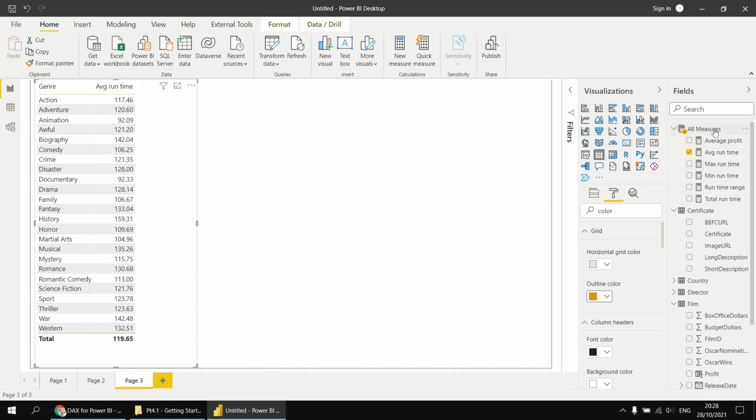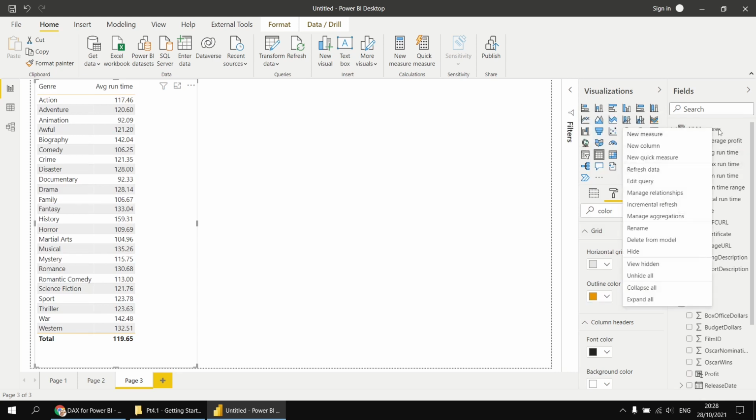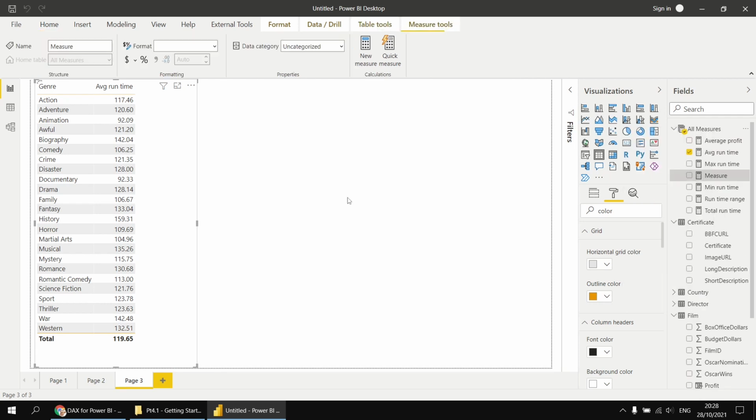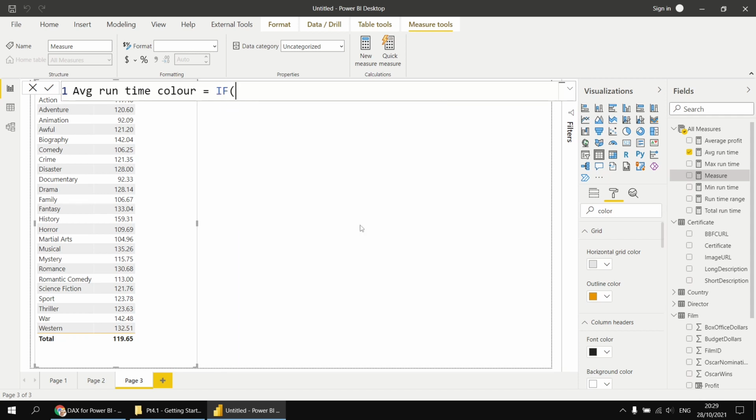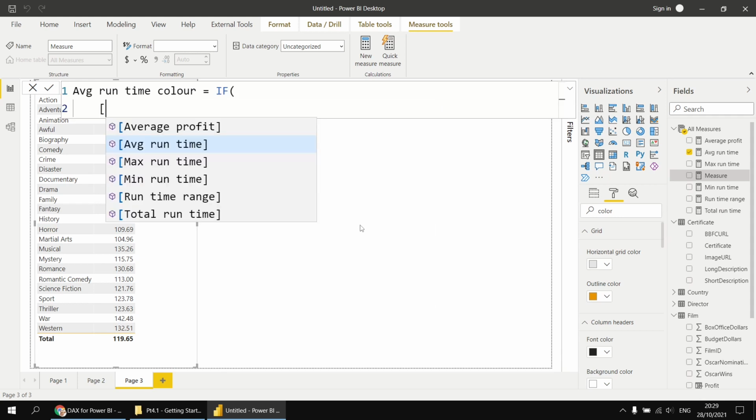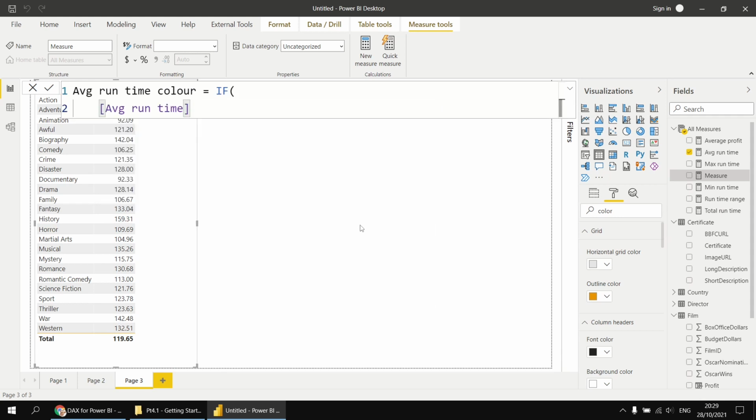I want to create a measure to calculate them. So I'm going to right click my All Measures table and choose New Measure. And then I'll call this measure AVG Runtime Color, and just because I can, I'm going to spell it with a U. And I'm going to make this one equal to the result of an if function. So my if function is going to compare the value of my average runtime measure and check if that's greater than the number